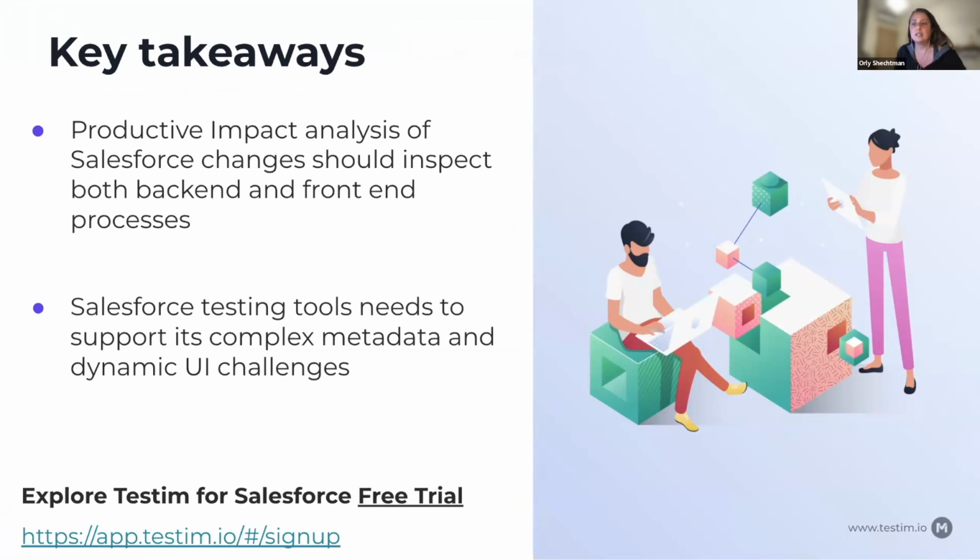Impact analysis is to understand what changes were made and where they are impacting my organization, my Salesforce metadata, my Salesforce procedures. But the other side of the coin, which is very important, is how those changes impact my Salesforce flows, business processes, and user experience. And for that, you need a strong and stable strategy for coverage testing, UI coverage testing